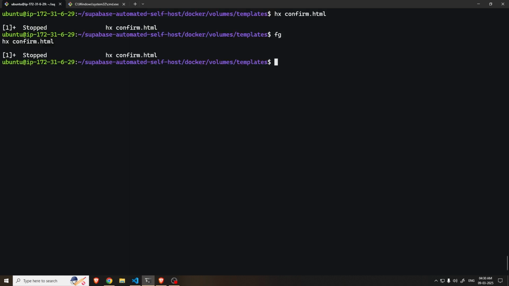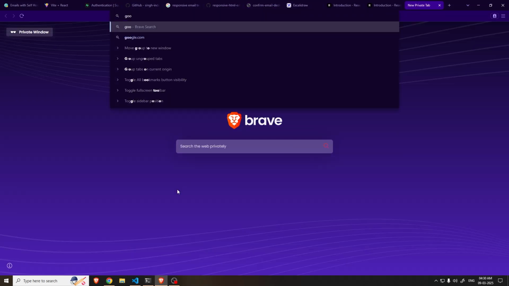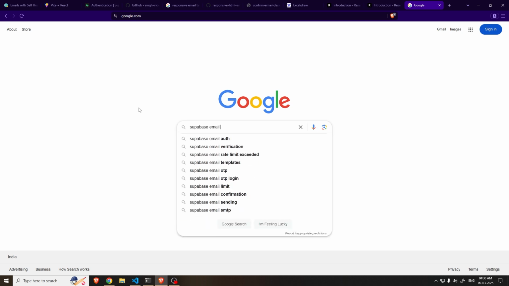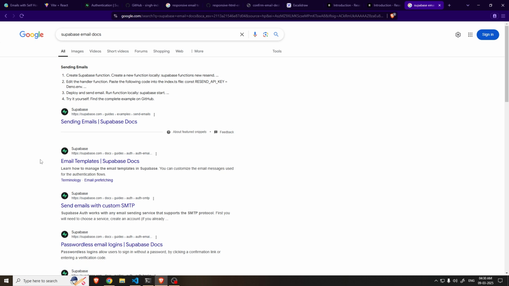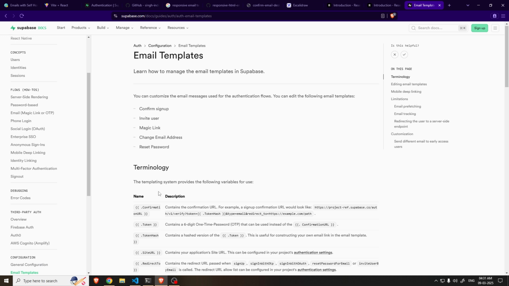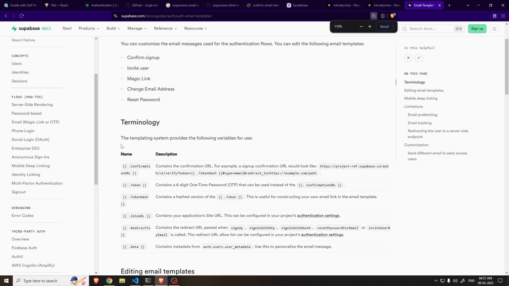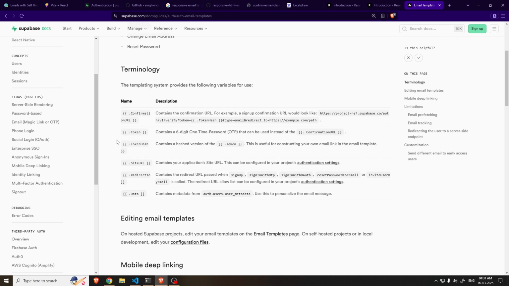So for that, let's go to Google. And from here, I want you to search Supabase email docs. And here you will find this email templates link. Again, I will leave all the links in the description. So now you can see we have all these variables available to us inside these templates. So the one which we need is this confirmation URL. This is how a confirmation URL looks like. You have the token and you have the redirect path, which will be our React app. So I'm going to copy this right here